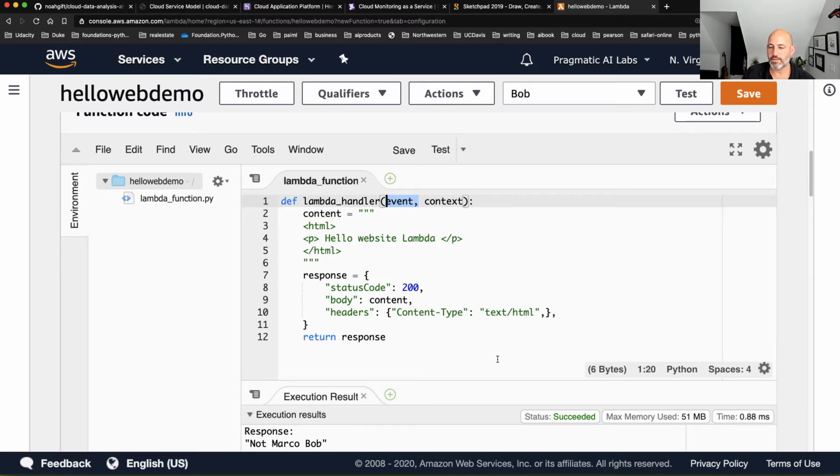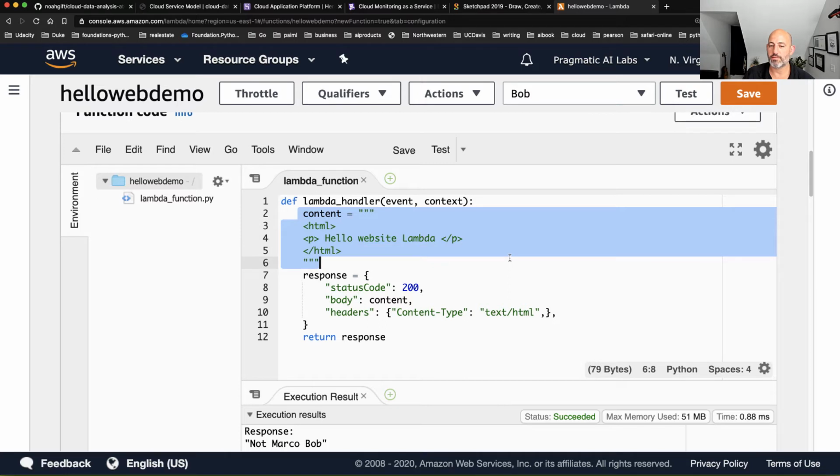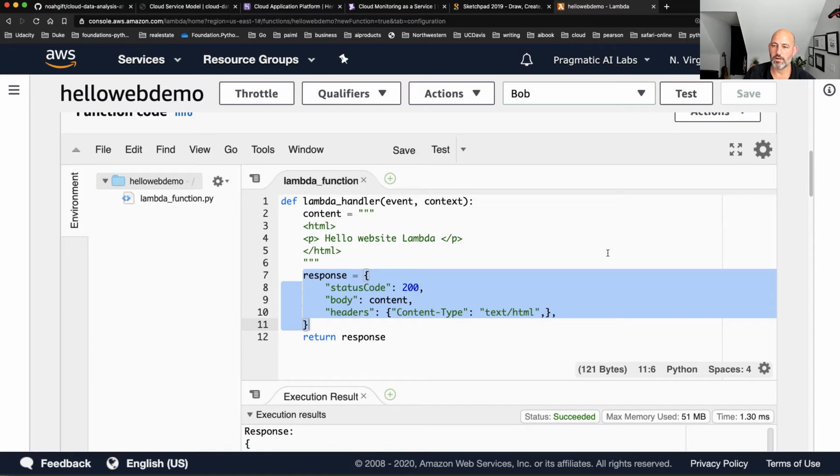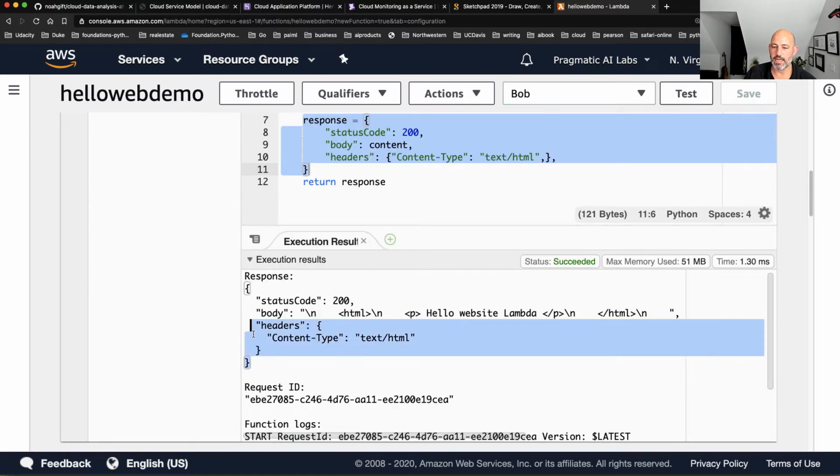It doesn't hurt to have something passed in, but it doesn't really solve any problems. And then I can put a string here that just has some HTML, and that's what it returns. And then I put a response code here like this, and this will actually figure out the content type and give me back an HTML web page. So if I save this and I go here, what I can do is look, that's actually the website that's running.